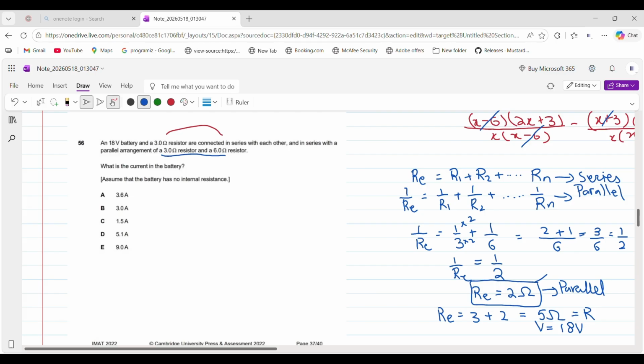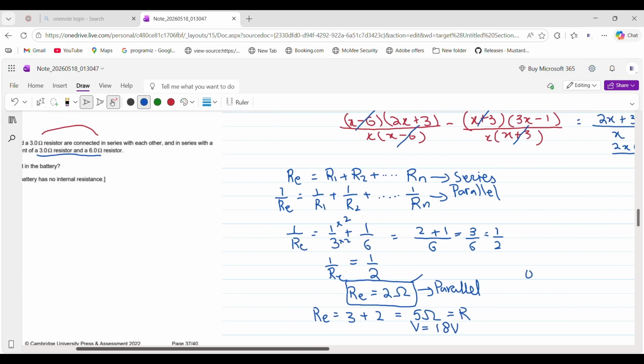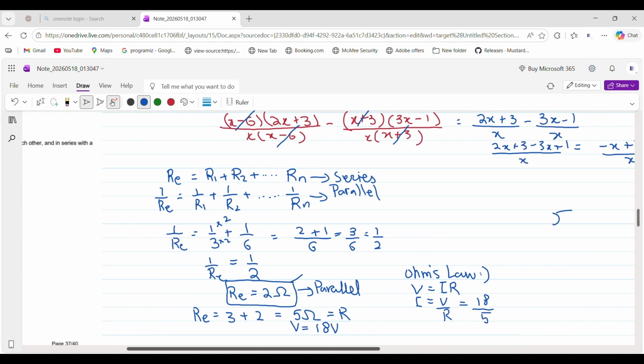So basically we know Ohm's law, right? Ohm's law says V is equal to IR, right? We need to find the current, so I is equal to V upon R. Our V is 18, right? So 18, R is 5. If I divide this 18 by 5,